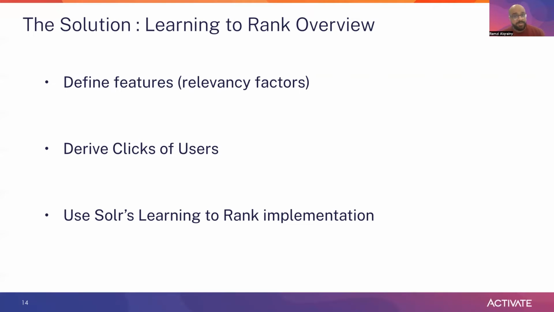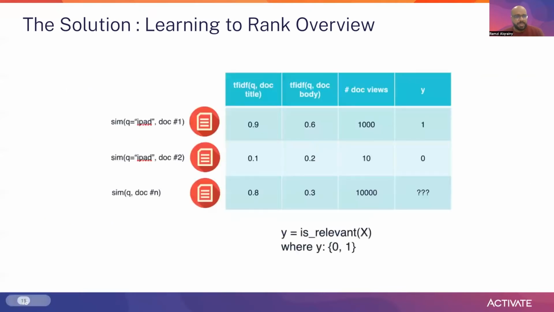Luckily, Solr provides some nice basic building blocks for implementing learning to rank, and we need to capture user behavior as well as pipelines for applying these techniques. In order to understand learning to rank, we use machine learning to predict whether or not a query like, for example, an iPad is relevant to a document. The features used to feed the model are similar kinds of relevance factors that you would use to feed a Solr ranking function.